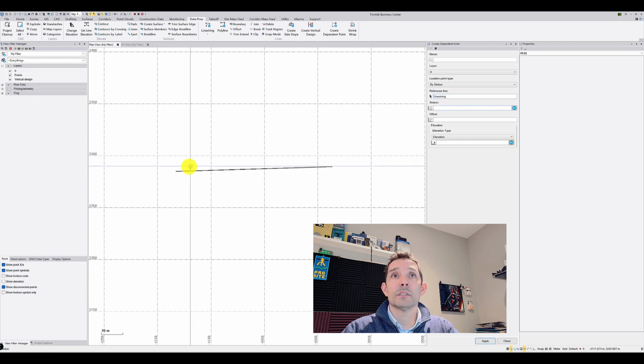I'm gonna hit the reference line, my line. I'm gonna start at station 0. You can put an offset here, so let's do 10 meters. And elevation type you can do elevation by slope by delta elevation. So elevation, if I want to pick the elevation of the line, and as you can see, it created a point there,